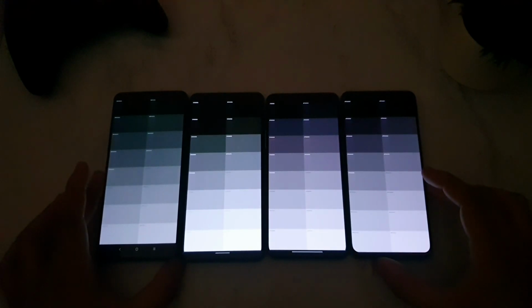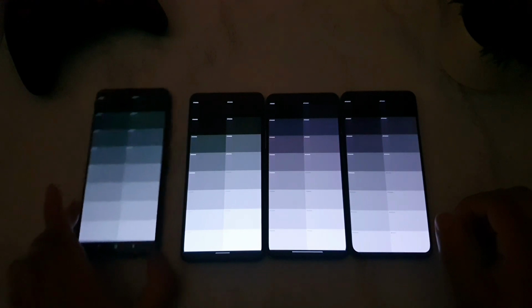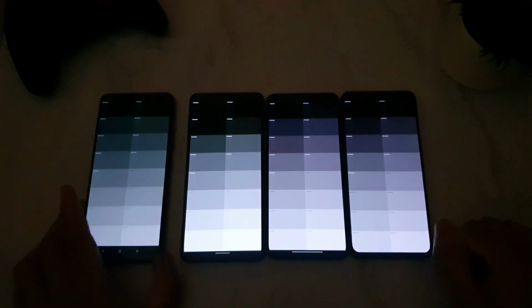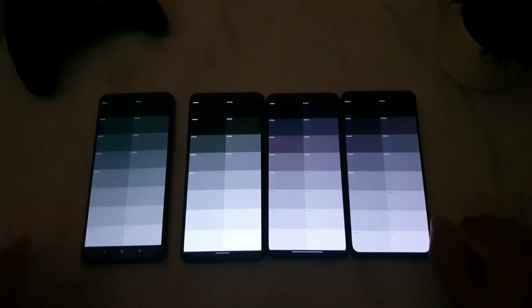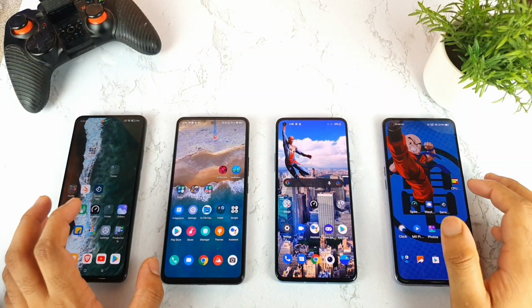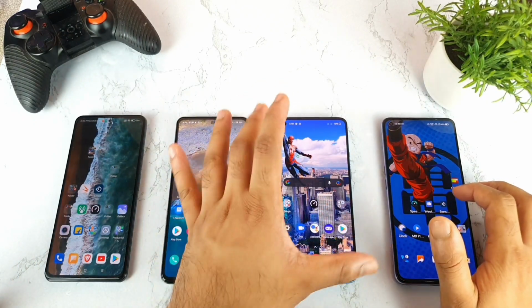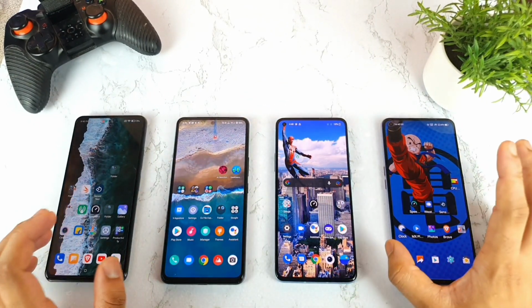So now we got a clear idea of what is happening, and still the green tint issue I can find in the Mi 11X a little bit and the IQ7 as well. So hopefully maybe in the next update they might be able to fix it, at least a little bit of the problem. At this point I don't think it's a big issue. Conclusion friends, overall the green tint is there in the Mi 11X and the IQ7, so nothing I can find in the OnePlus 9R and the Realme X7 Pro as well.